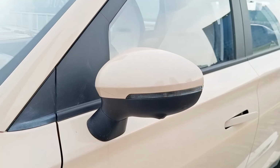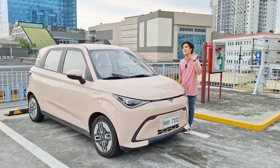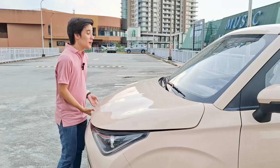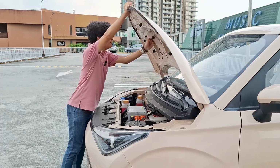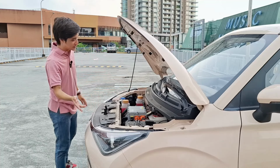And two, you have door-mounted side mirrors with repeaters and cameras underneath. Let's not get too excited yet. I'll get back to that later on. Powering this massive behemoth, so this is actually a version 2 of the e-Qute 04, well, technically a second variant,